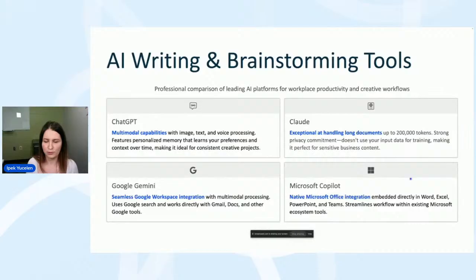It is integrated with those. And Microsoft Copilot is similar to Google Gemini, but this time it works well with Microsoft Office tools. You can create PowerPoint presentations and share an Excel sheet, analyze data from an Excel sheet, like that.